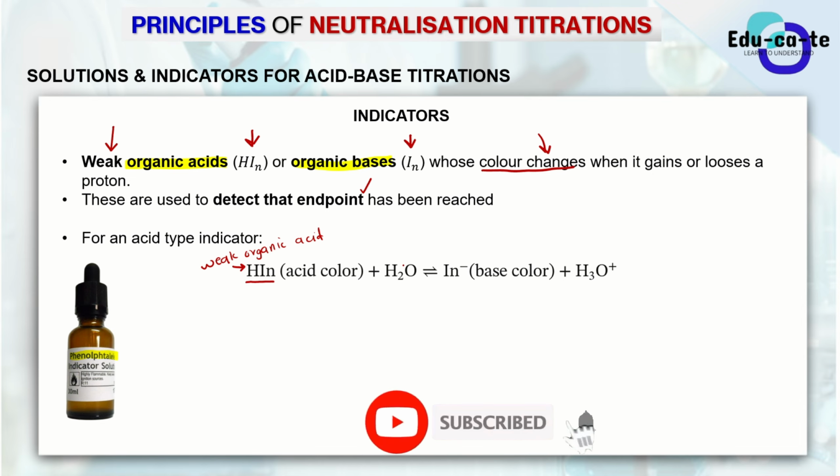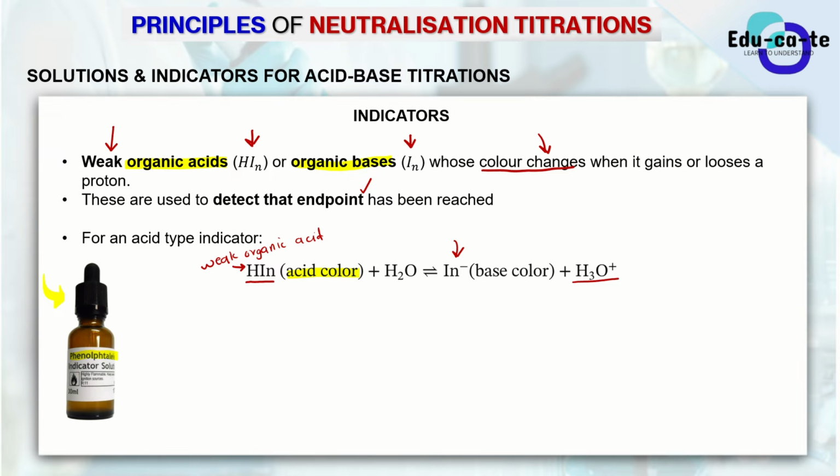And then now when it is dissolved inside water, or when it is in solution, it actually dissociates, of course, and this hydrogen will be donated to the water, and it will form H3O plus ions, and then it will form a conjugate base, and that conjugate base will have a specific color. So basically, what is the color change that is happening here? It first starts with an initial color or an acid color. For example, if you take phenolphthalein, phenolphthalein starts as a colorless indicator. It's a weak organic reagent as well. It's a colorless indicator. That is its acidic color.